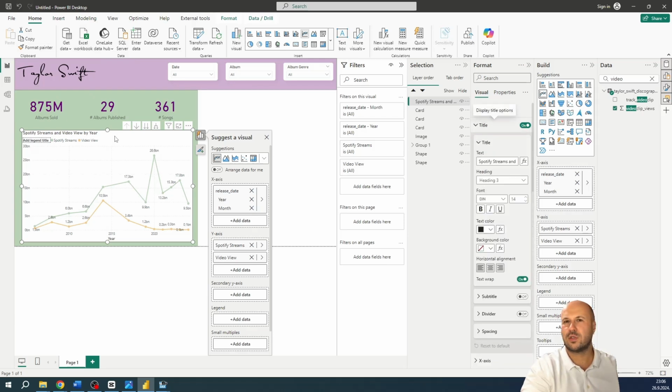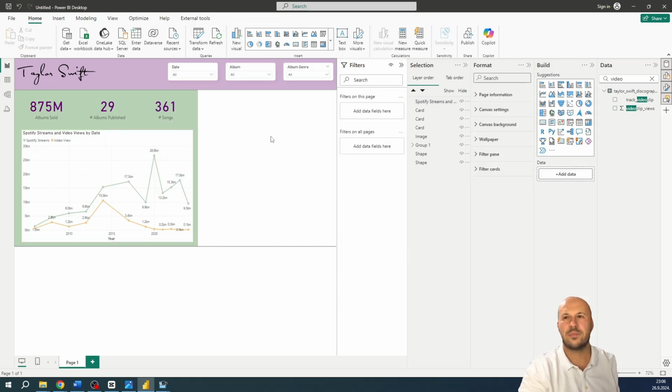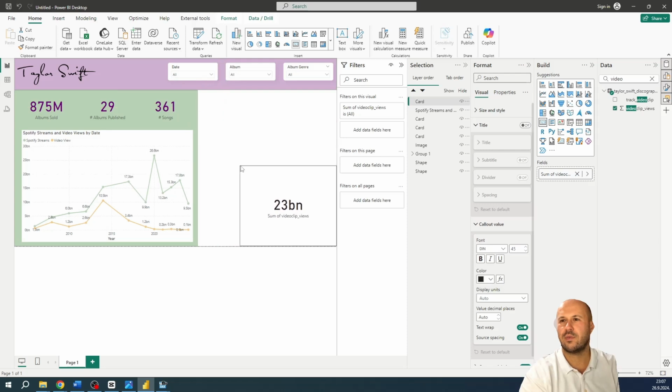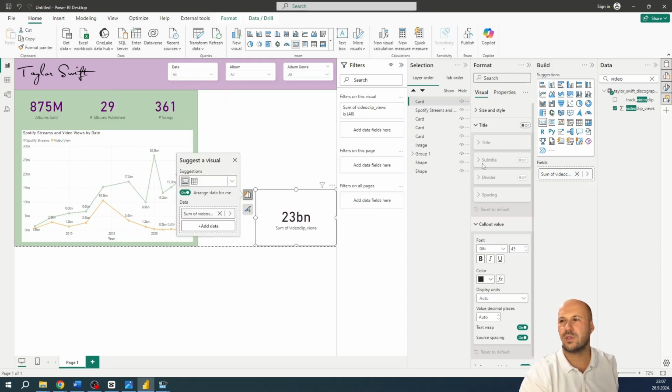Let's also change title of line chart. Let's rename it Spotify streams and video views by date. Now what we can add within this visual are total number of Spotify streams and total number of video views. So let's drag and drop it. Canvas. So now we have video clips, views, and